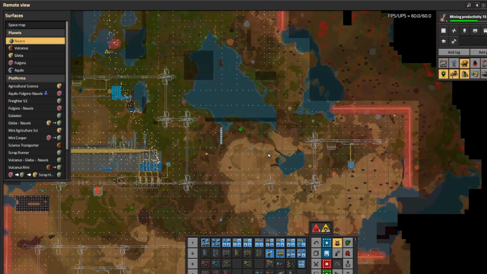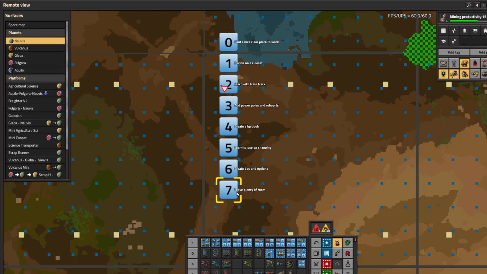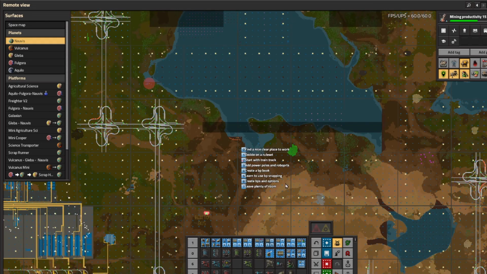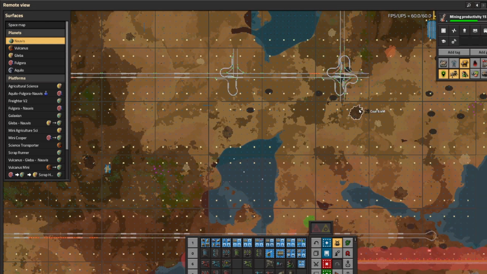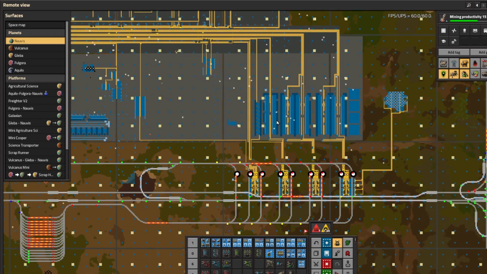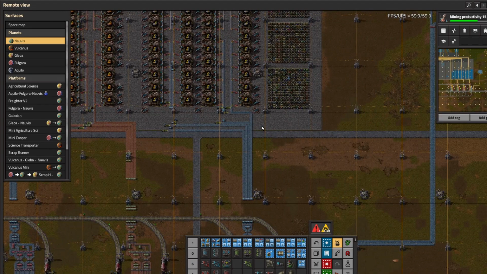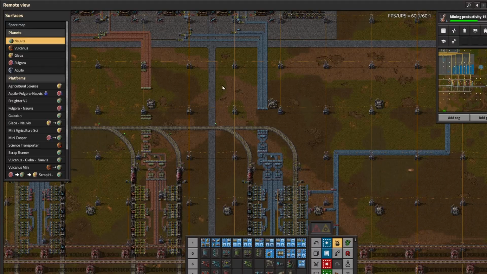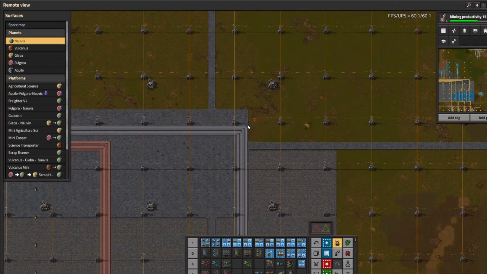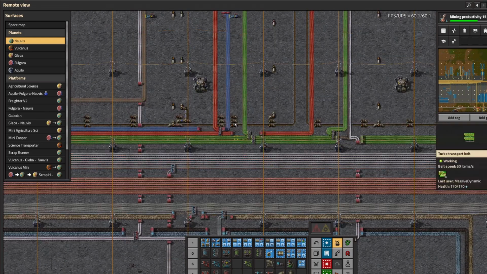All right, that brings us then to number 7, which is to leave plenty of room. Now that is specifically about your bus design. So you've got your base done, you get your entire grid down, you get your train track in, you get your mines done, you start to bring your trains in, and then you start to build your bus, which will have your smelting. Typically your bus starts with your smelting area. So you bring your stations in, you unload into your smelting area, and then you bring your bus lanes up, and then leave yourself a buffer